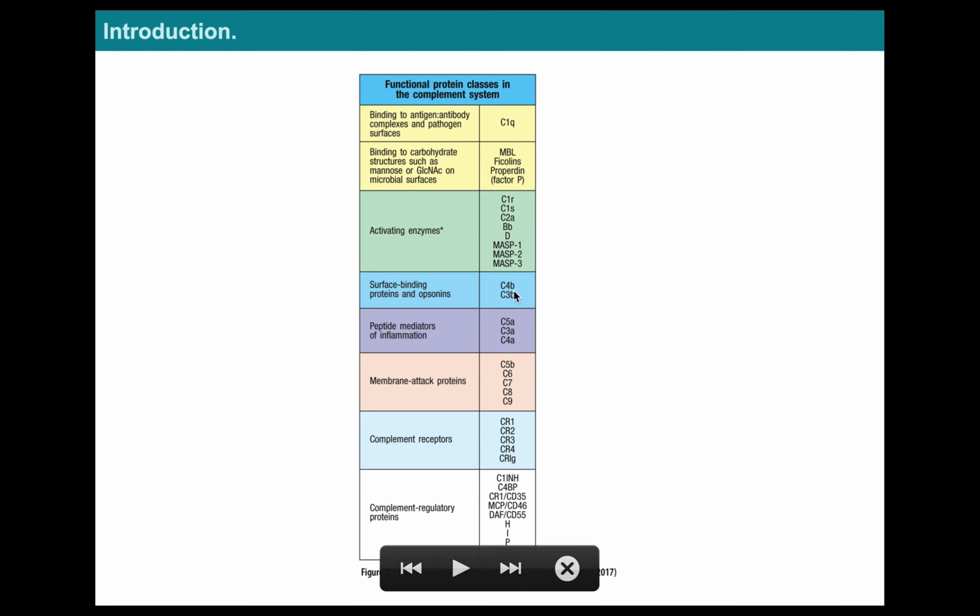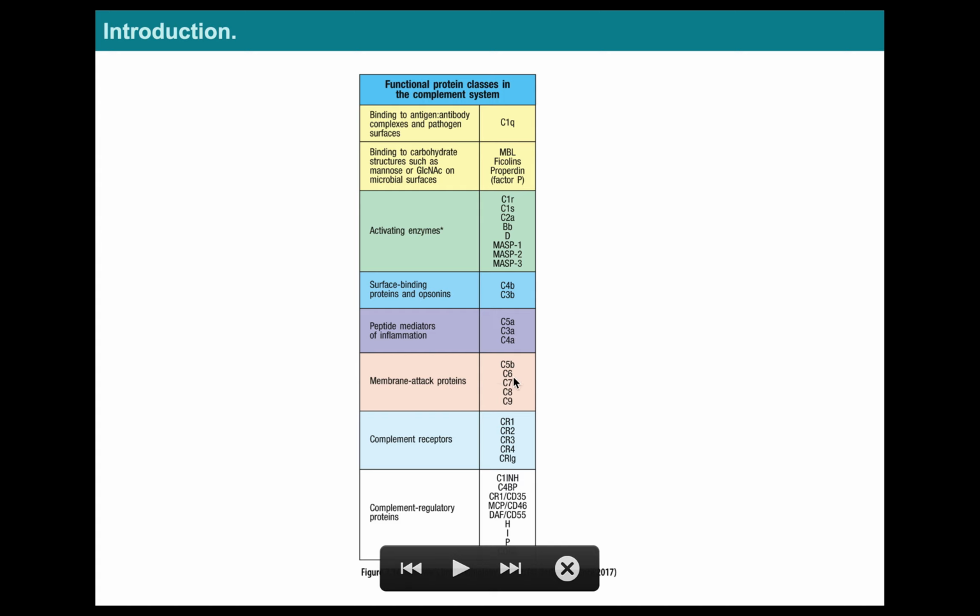And once you've activated C4, C4 is actually going to stick to the membrane of the bacterium or whatever it is that we're trying to kill. And so that is going to serve to nucleate, like form a center for our complex. C3 is then going to bind to C4. It's going to get activated by one of these things, once again. And from that point, C3 and 4 are going to activate C5. And once you've got C5 activated,